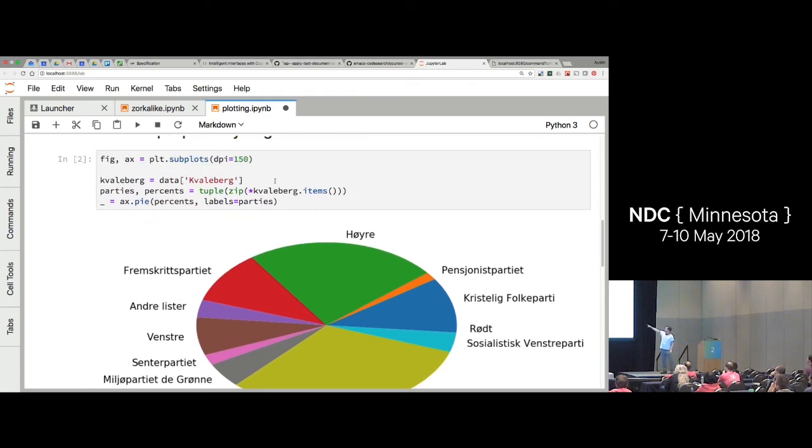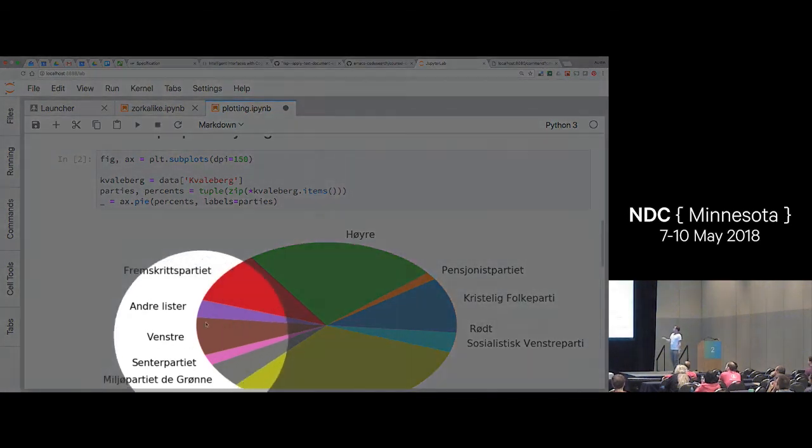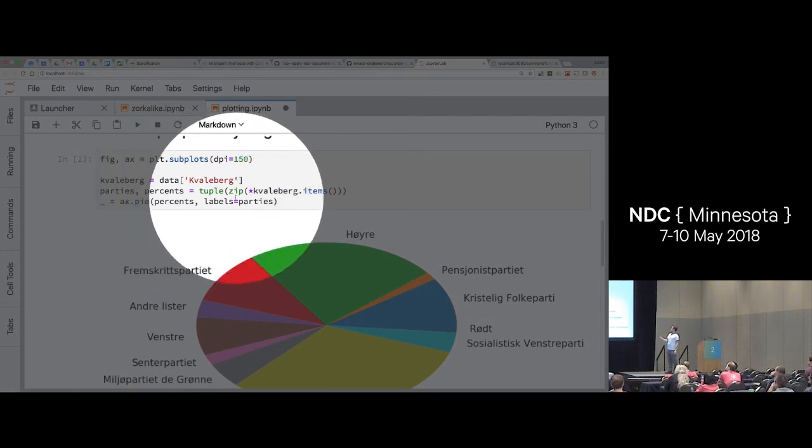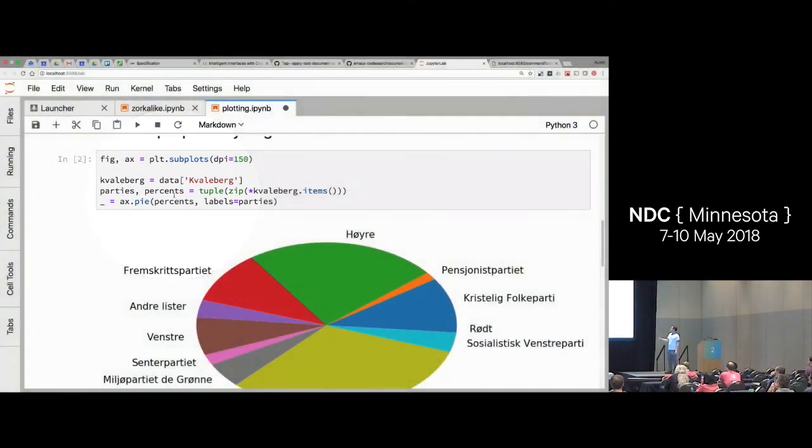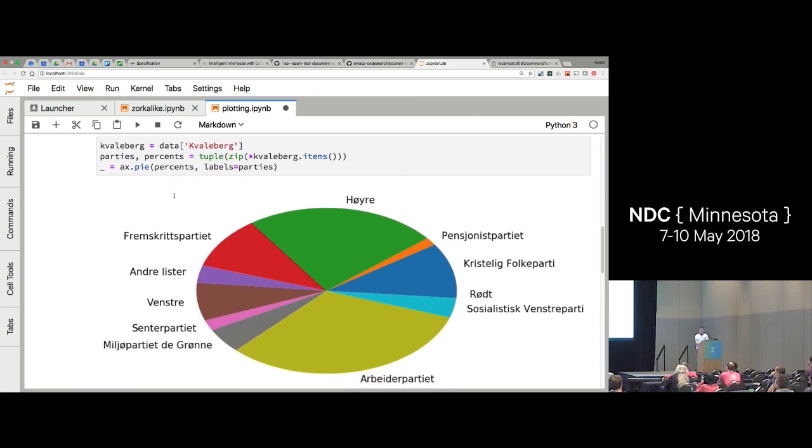That's the code to make that work. I have to manipulate my data to get it into essentially 2 lists. One is the percentages and one is the parties. One is the percents and one is the labels for those percents. I just pulled those out here, blew it up on the screen, easy peasy. And this is pretty high quality stuff. It's a bit distorted. I'm not sure why, but I think that's an artifact of the